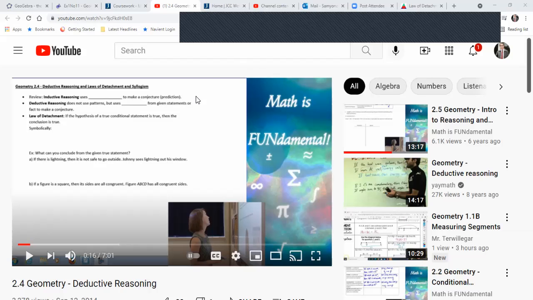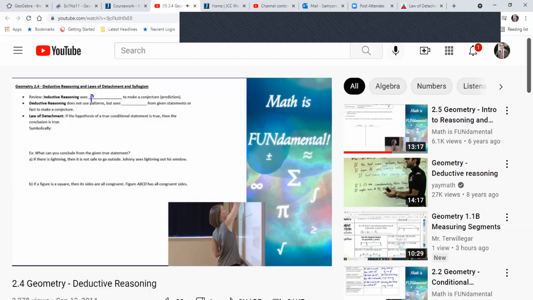So for today, we will discuss deductive reasoning and also the law of detachment and syllogism. Let's hear this. A little review: we learned inductive reasoning, which is to use patterns